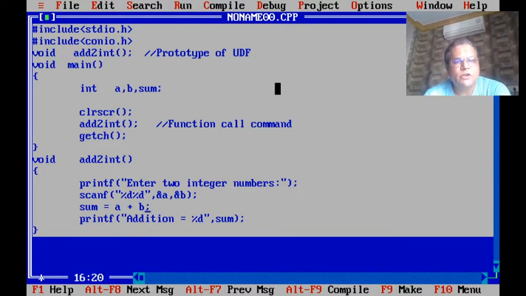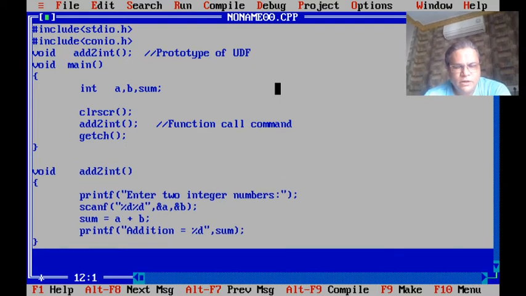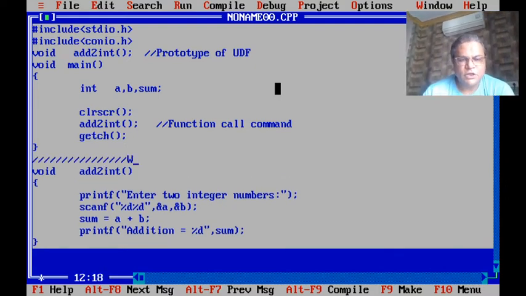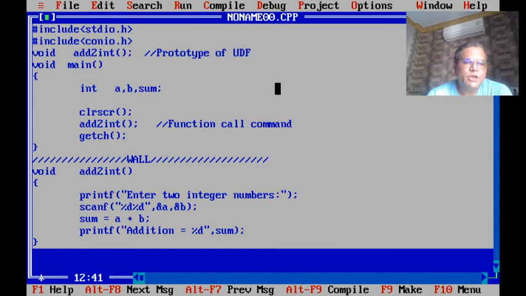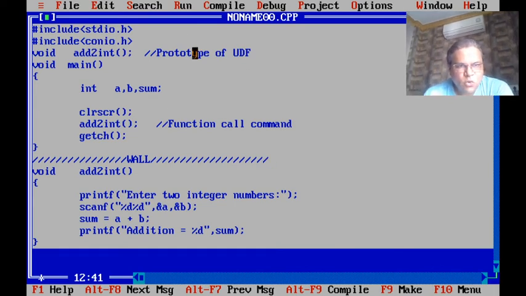It says undefined symbol because from here they are not visible, because between main and a function there exists an invisible wall which separates the memory space or variable space of main and a function. So whatever variables we declare over here will not be visible here.